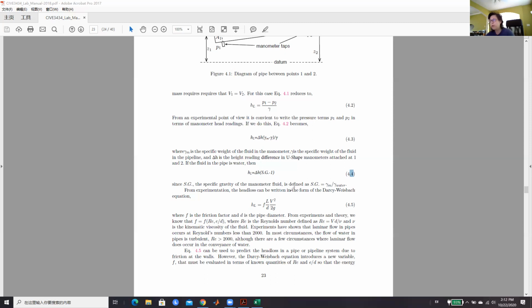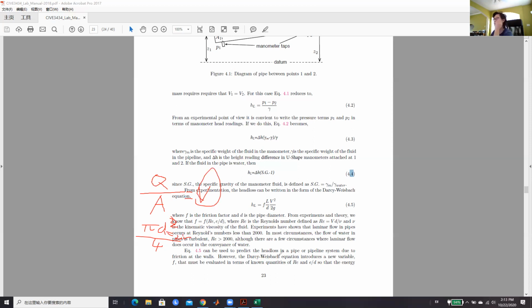Okay, once we got the flow rate Q using the data, just divide by the cross-section area of the pipe, it will give you the V. Okay, so the 2 inch will be pi d squared over 4, correct? So you just plug 2 inch into this one,